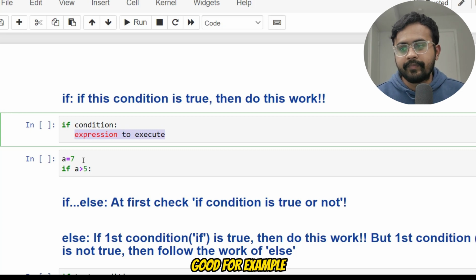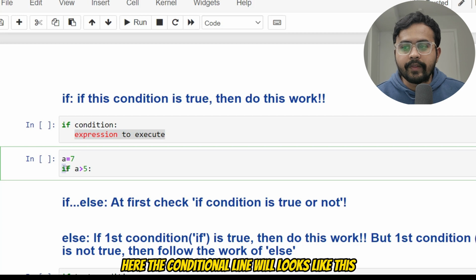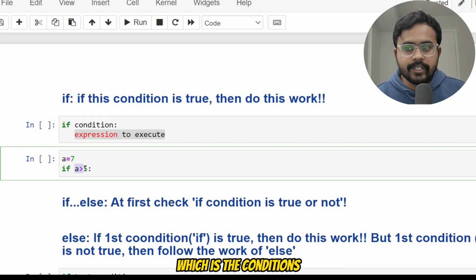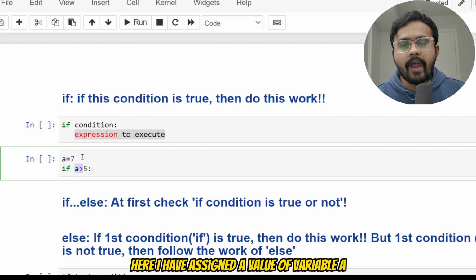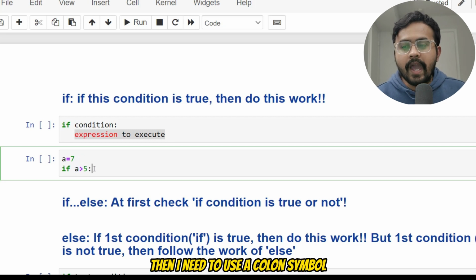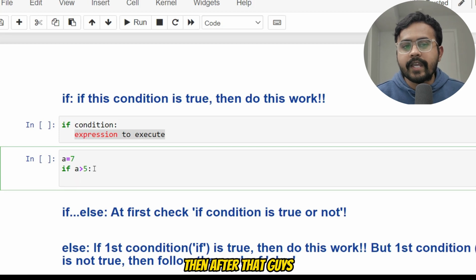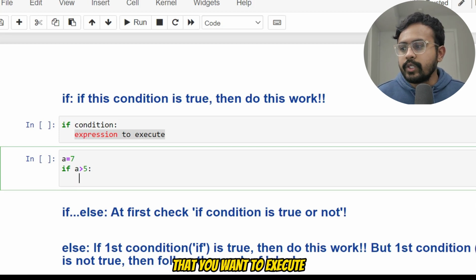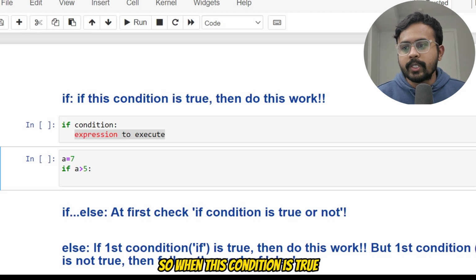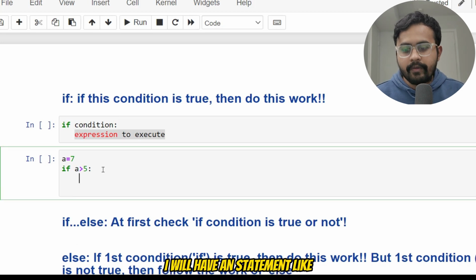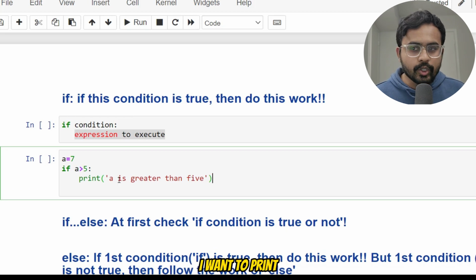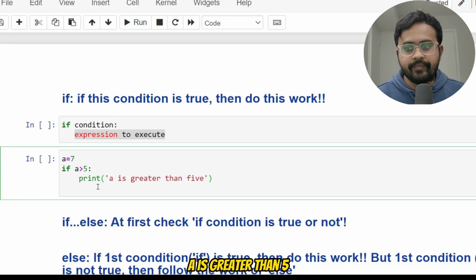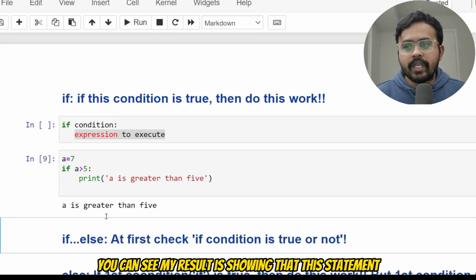Good. For example, here, the condition line will look like this. At first, you have the if, and then you have a greater than 5, which is a condition. Initially, I have assigned a value to variable a, let's say 7 as an example. Then I need to use a colon symbol. Then after that, you need to write down an expression that you want to execute. Let's say I want to execute this sentence as an example. So when this condition is true, I want to print a is greater than 5. Now, if I hit the run button here, you can see my result is showing the statement a